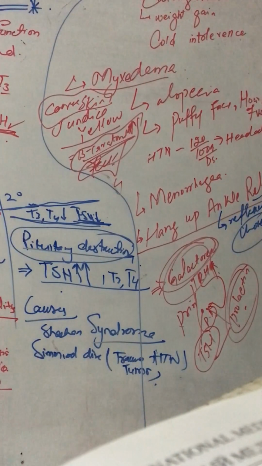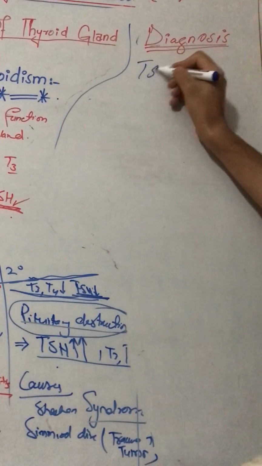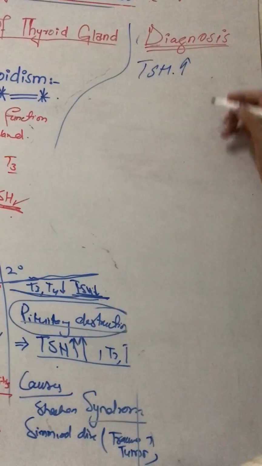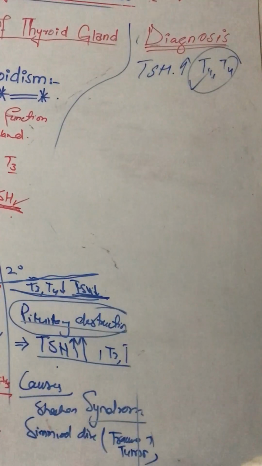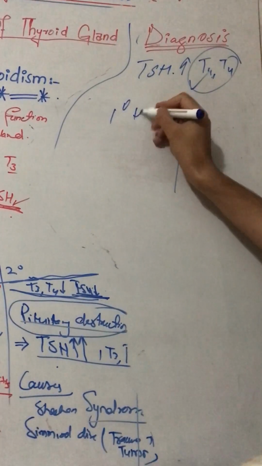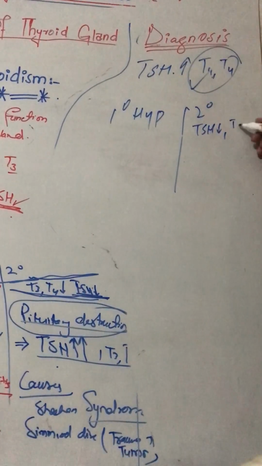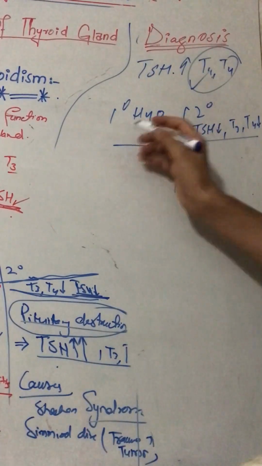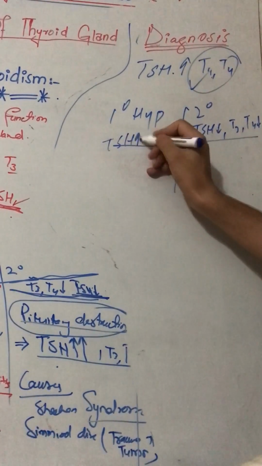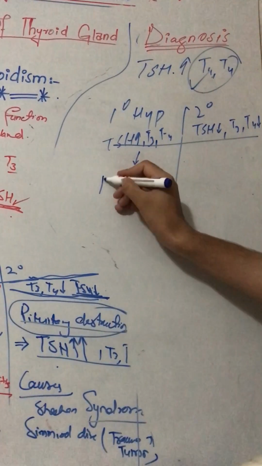So these are all about the clinical features. Now we will discuss the diagnosis. In the diagnosis, first of all, we will look at thyroid stimulating hormone. If we have increased thyroid stimulating hormone with free T4 and T3 decreased, that is primary hypothyroidism. And when we have TSH decreased, T3 and T4 decreased, that is secondary. So in the primary, when the TSH increases and free T3, T4 decreases, further we will check